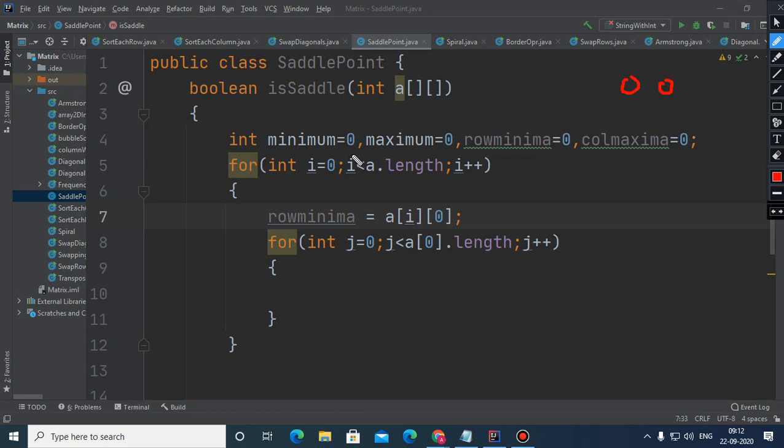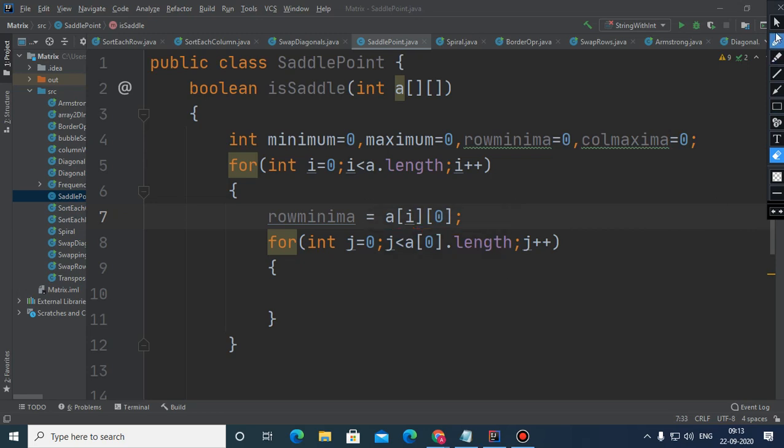So when i was 0, the first element is picked. Second time when i becomes 1, the first element of the second row will be 1,0, then 2,0, then 3,0, and then 4,0, like that. That's why I have kept a[i][0], because i will keep on changing and this j will remain constant.